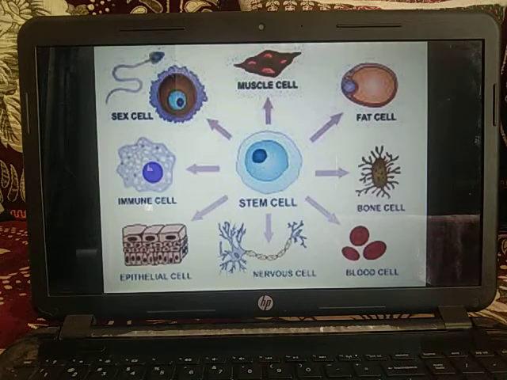Longest cell of the body? Yes, the longest cell of the body is the neuron or nerve cell, which may reach a length of 90 centimeter. Amongst plants, large cells occur in many algae. Internodal cells of Chara are 1 to 10 centimeter in length. Acetabularia, a unicellular alga, is up to 10 centimeter in length.